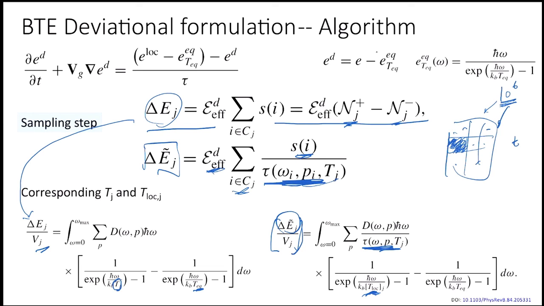So this is delta E_j over V_j, the pseudo energy. We could compare it with the equivalent energy-conserved deviational distribution function, and we would get a T_loc and T. So it's exactly the same as what we did before with F. If we replace everything by F, this term would go away and this term would go away, because there was no equilibrium distribution to subtract from. So from F, that's how we found this temperature and the local temperature. Now we are finding it for the deviational particle, so we have to subtract this equilibrium part as well.